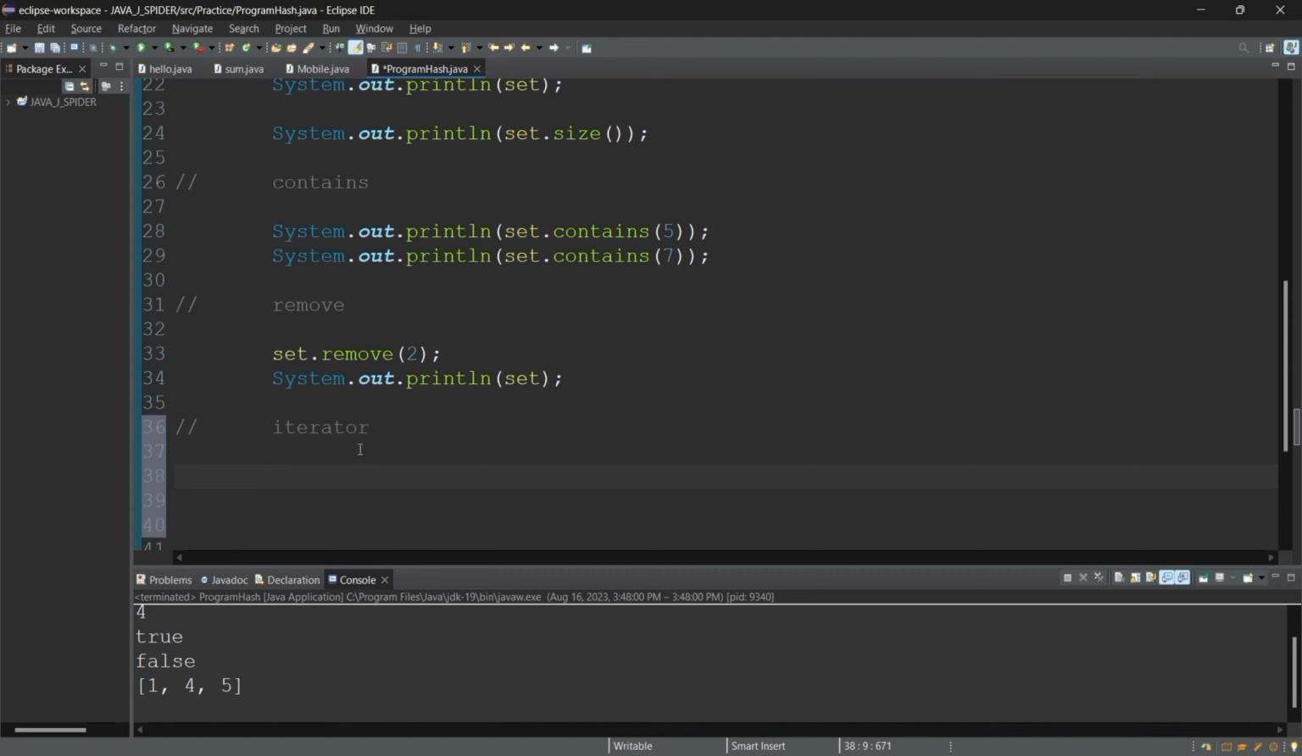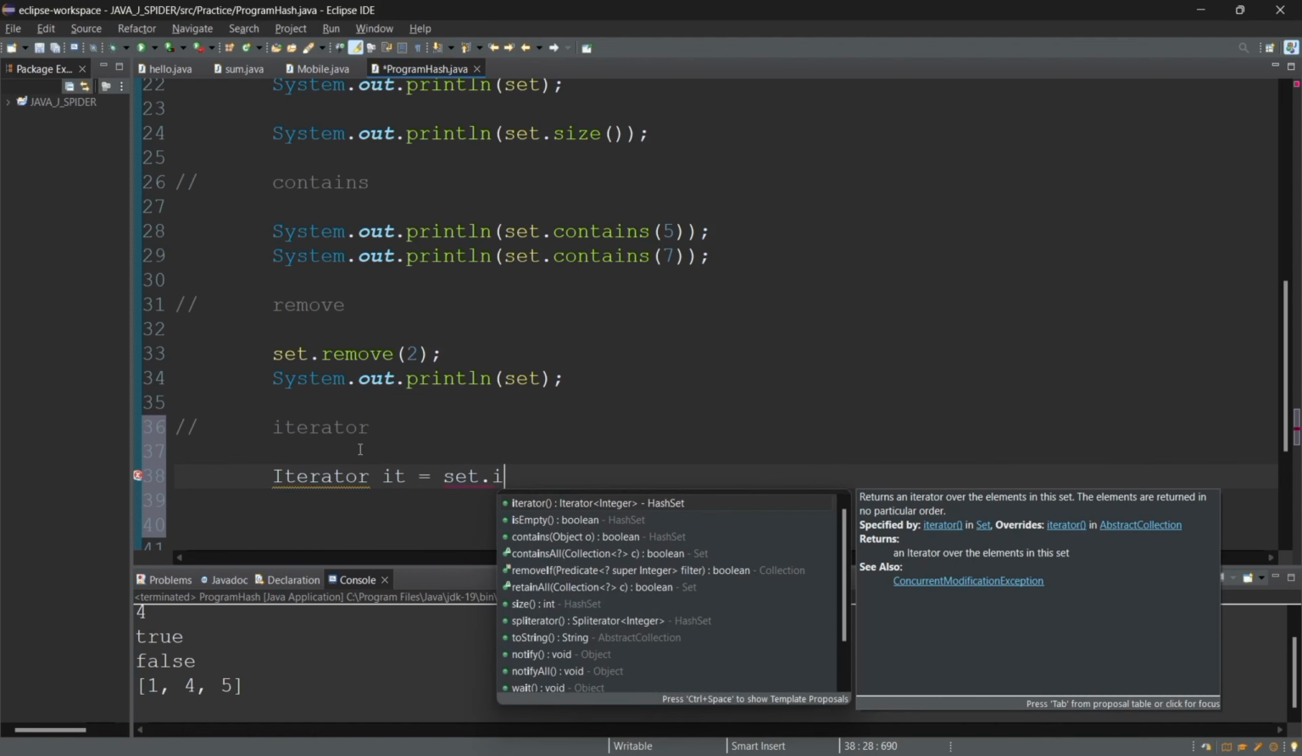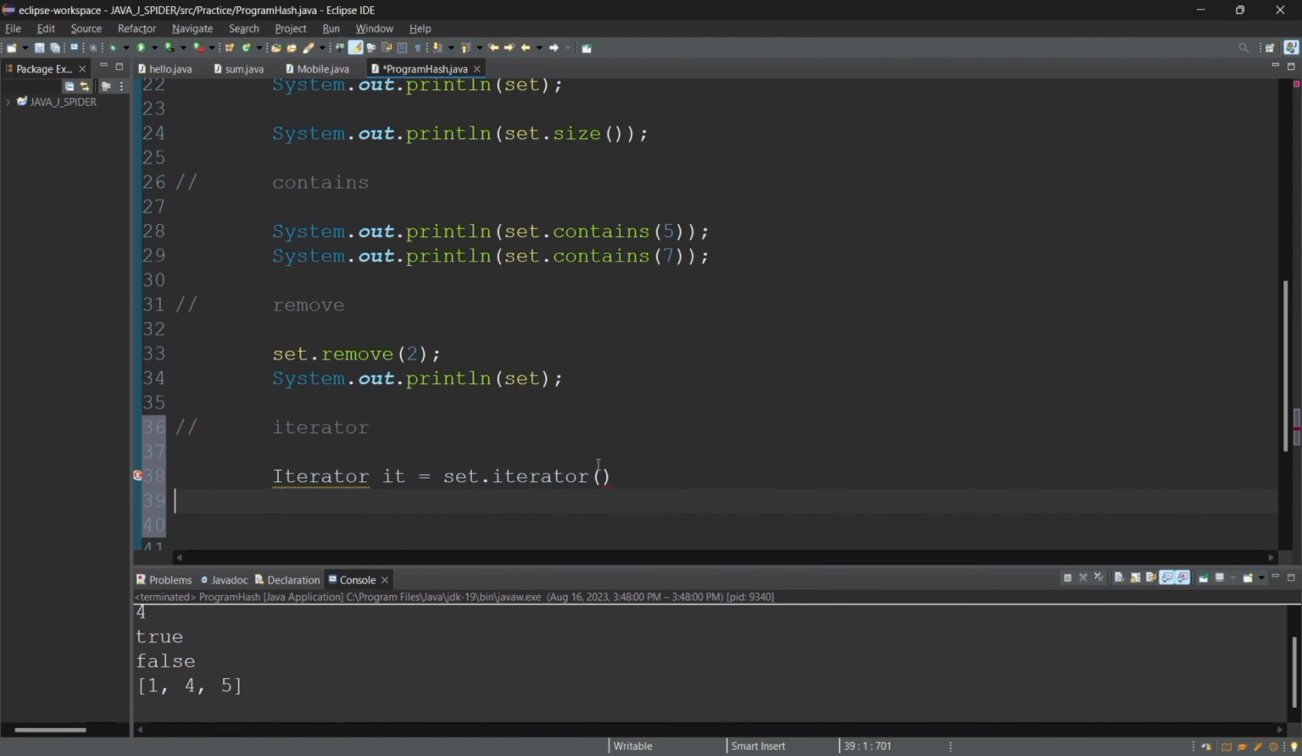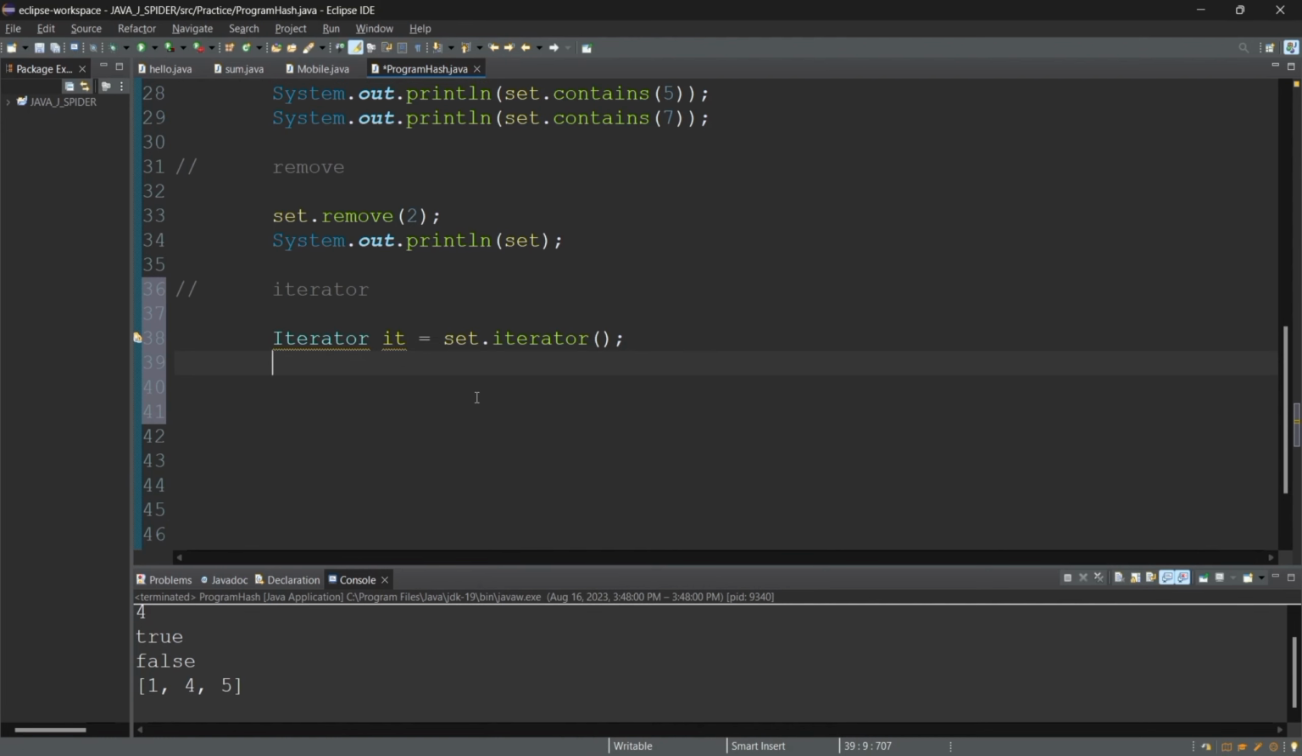So first we have to declare the iterator. For that we have a keyword Iterator and we have to take a name. So we have declared the iterator. In this iterator there is one method named next. This method is used to denote the next element present in the HashSet. So if I print here,